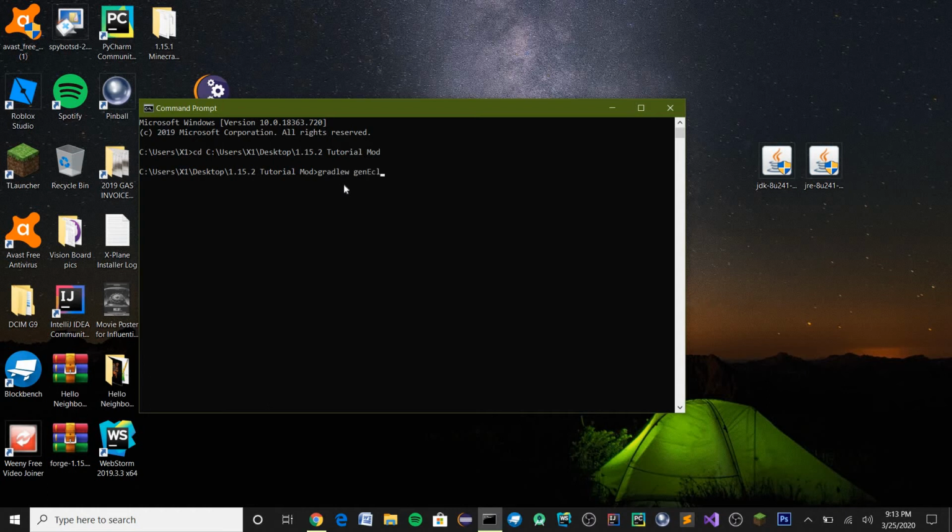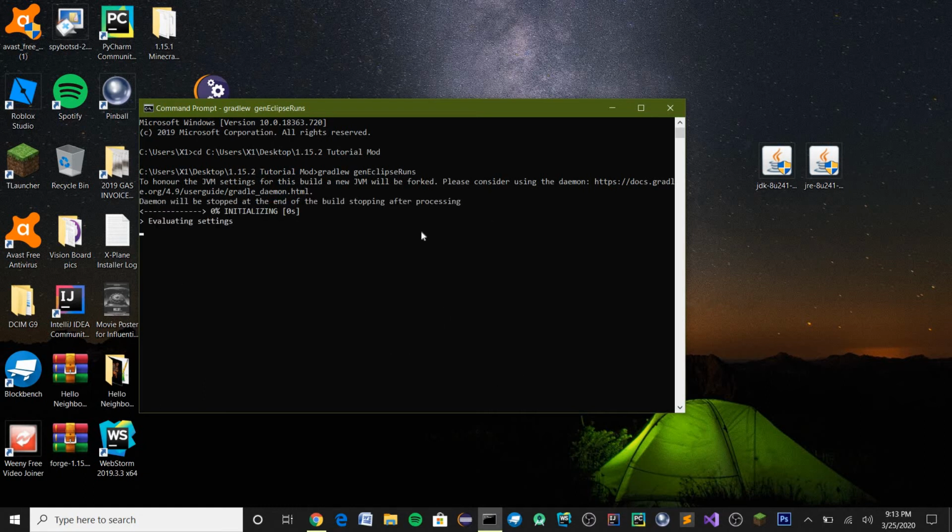genEclipseRuns. Let's say you have IntelliJ. I prefer not using IntelliJ for this. You're going to run genIntellijRuns. Because I have Eclipse, I'm going to write genEclipseRuns. Please spell it properly. Okay, now it's going to start compiling everything that is needed for our mod,